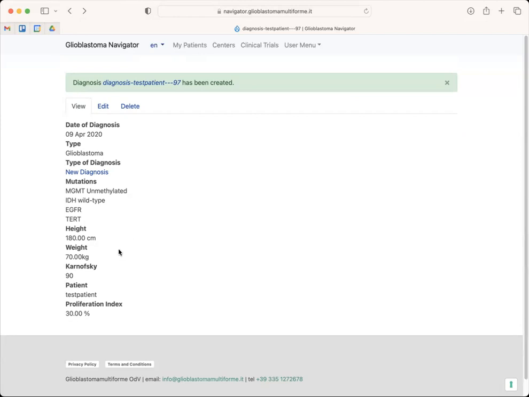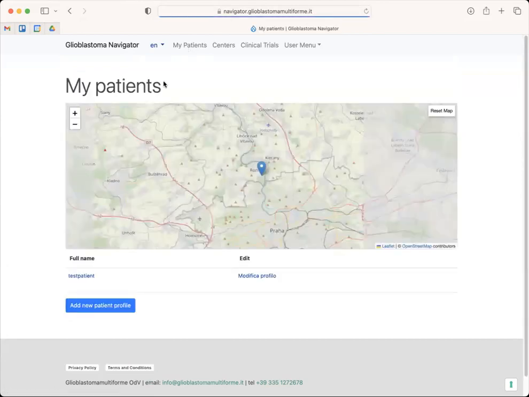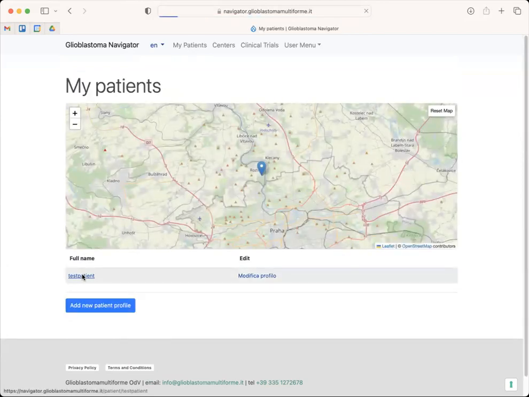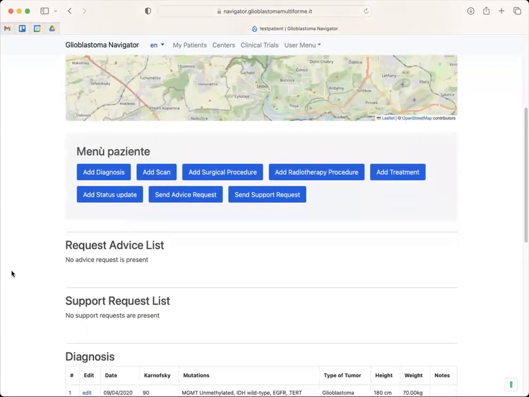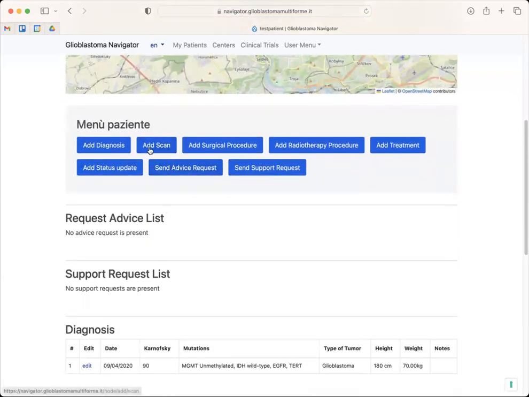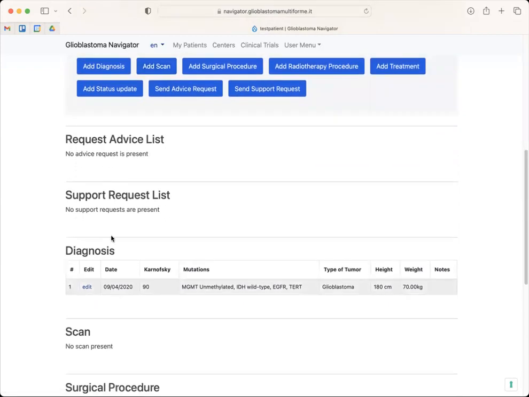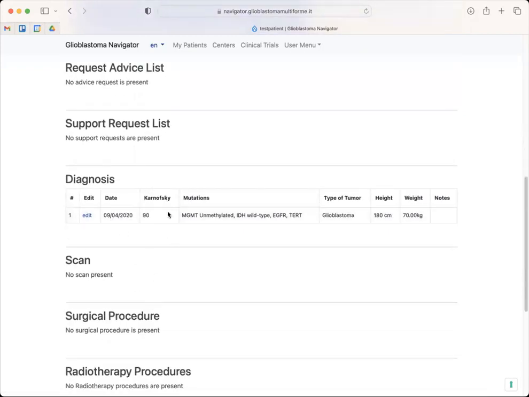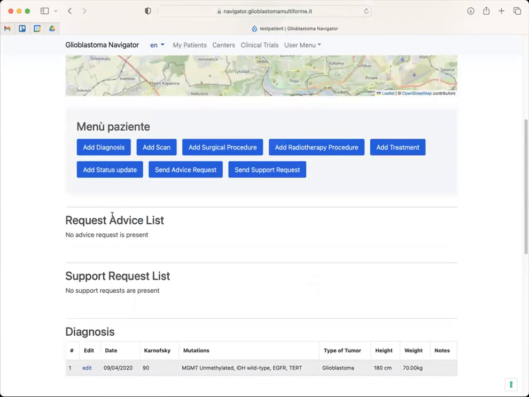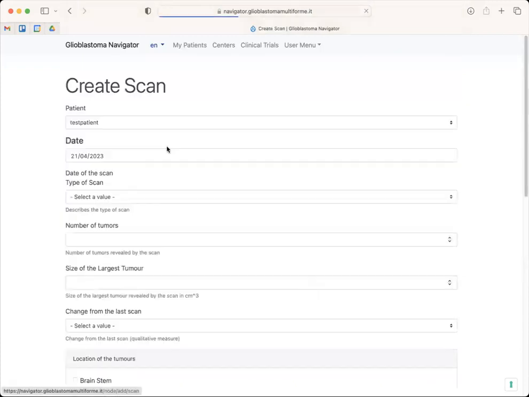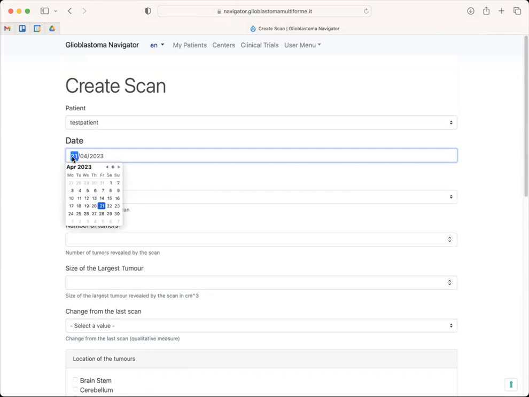Okay, so let's go back to my patients. Now I see that I have registered a patient. I select the patient, and then I can go on adding other information, for example, a scan. You see that here in the page describing what happened to the patient, you have a list of all information you have provided. So I add the scan. The patient is selected automatically. You can set the date of the scan. Can be, for example, the date just before the diagnosis,